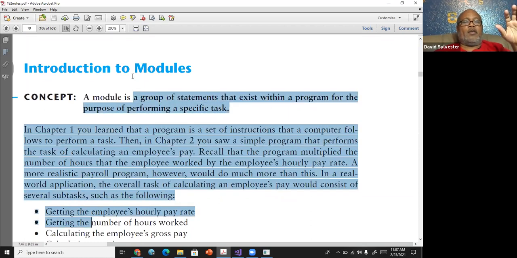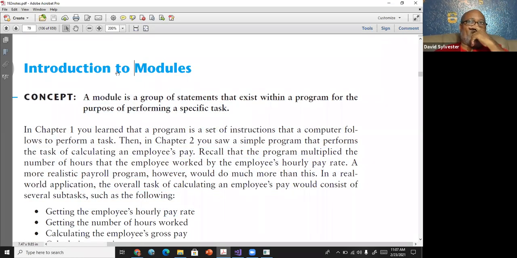Modules. Now, how would I try to explain modules? All right. To me, one way of somewhat giving you a concept of what modules are, it's like taking a house. When you build a house, more often than not, a conventional house has multiple rooms.